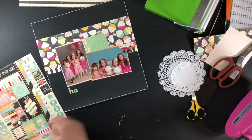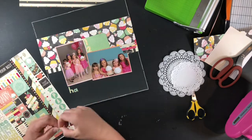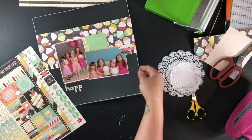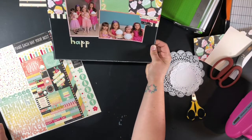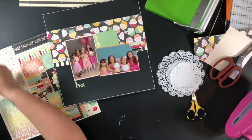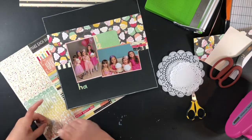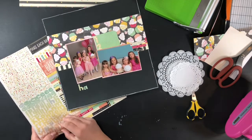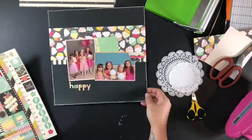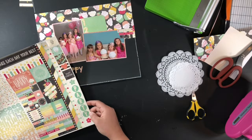Because there were just not embellishments for this. There's lots of square words. There's lots of word banners. But very little that is actually an embellishment. And I struggled with what to put on this page. I did make another page to go with this of the photo of just our daughter, and I had the same problem there. I end up pulling in,